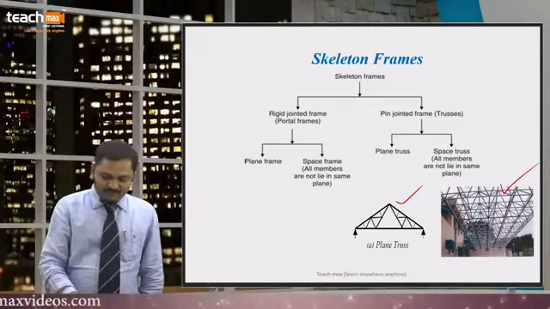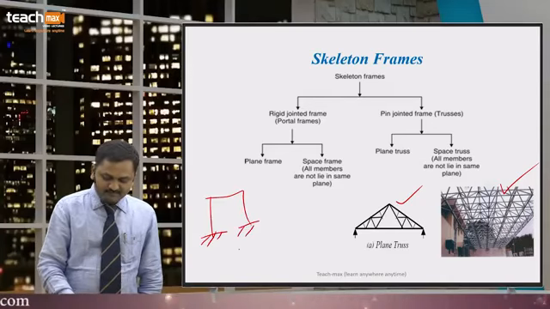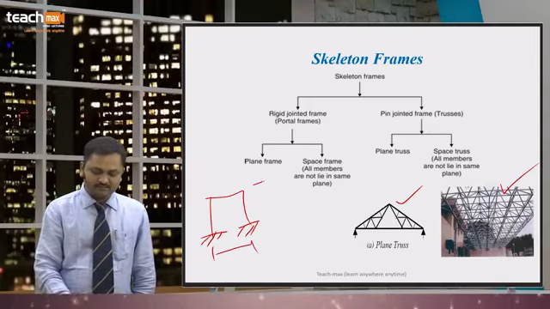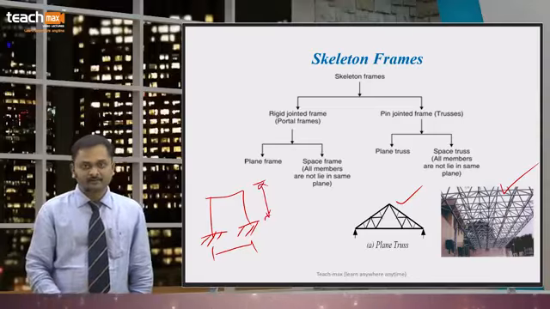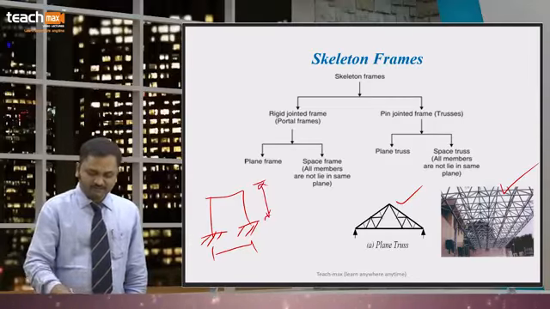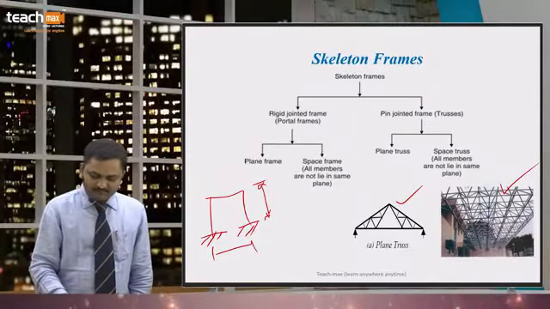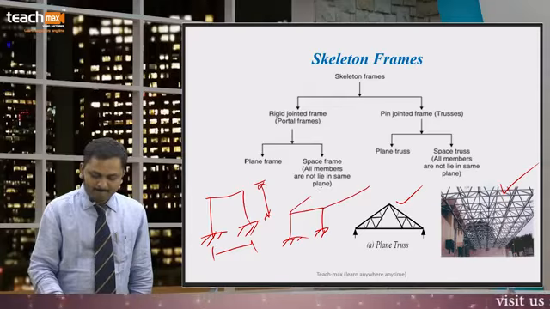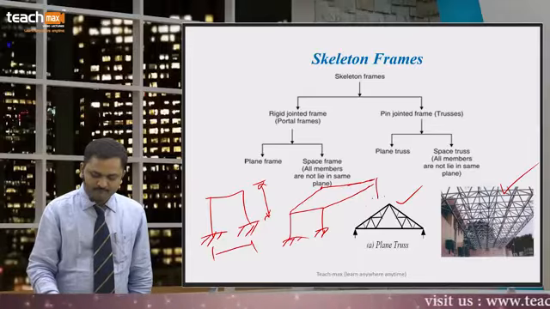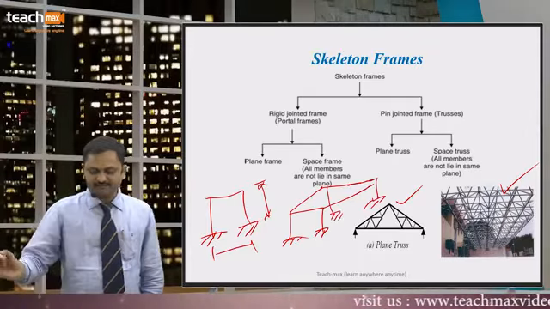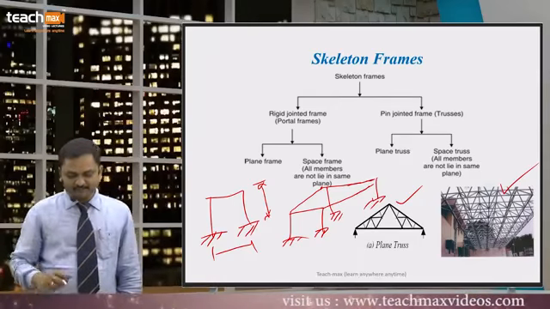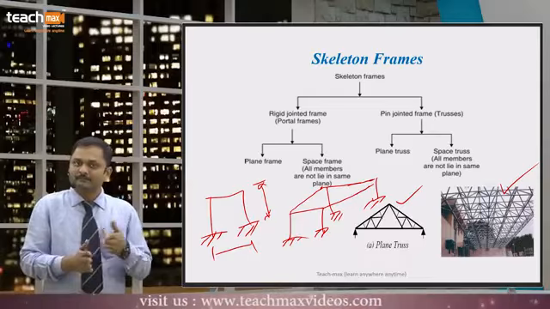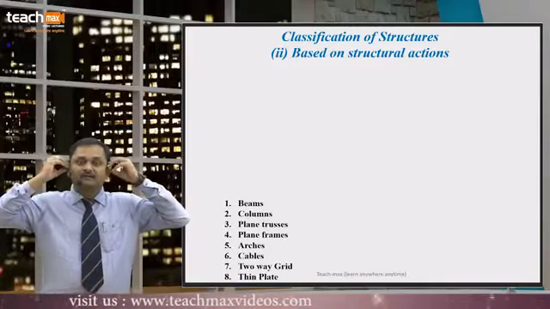तो ये ऐसे कर सकते हो। प्लेन फ्रेम के लिए एक सिंगल, जैसे मैंने अभी कहा रिजिड जॉइंटेड फ्रेम, एक सिंगल बे सिंगल स्टोरी अगर कंसीडर किया, ये हो गया एक एग्जांपल। मल्टी बे मल्टी स्टोरी भी कर सकते हो, लेकिन एक प्लेन में कंसीडर किया तो। अगर ये स्पेस में करना है आपको तो ये ऐसे आएगा, तो ये ऐसे मिलेगा स्पेस में। ओके, तो उसका तीनों डायरेक्शन में आपको वो फ्रेम कंसीडर करना है। सो दिस इज अबाउट द क्लासिफिकेशन ऑफ स्केलेटन फ्रेम, मतलब पहली कैटेगरी है ये।